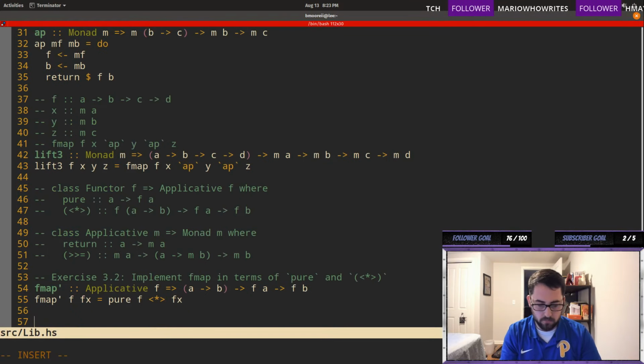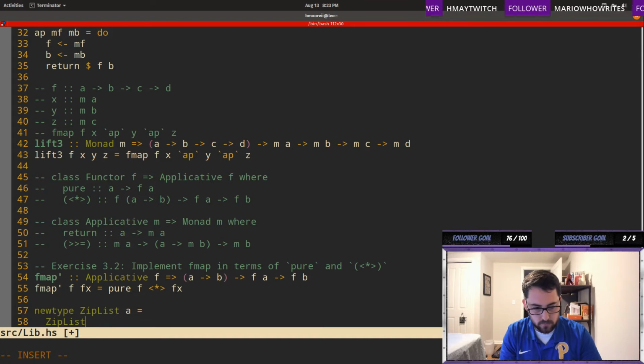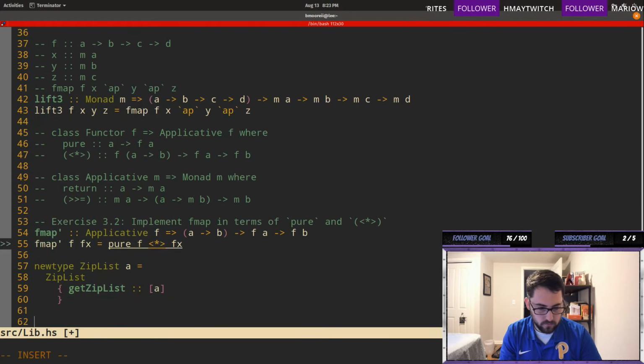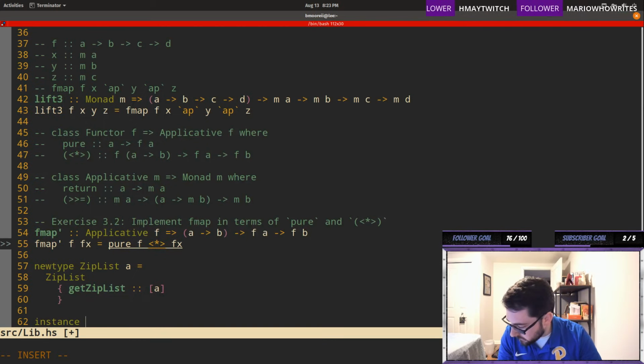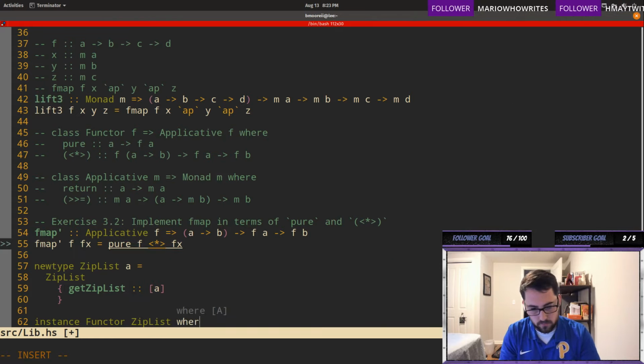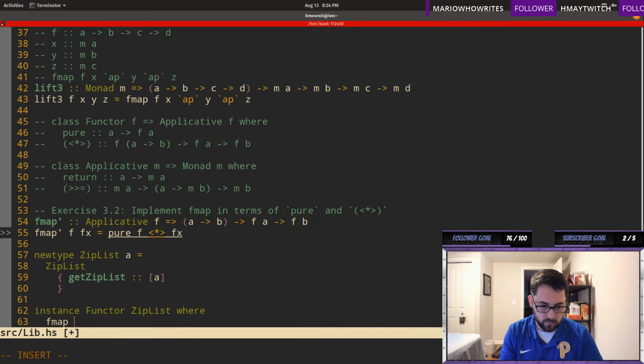So we're going to redefine the ZipList. Functor. So fmap is going to be